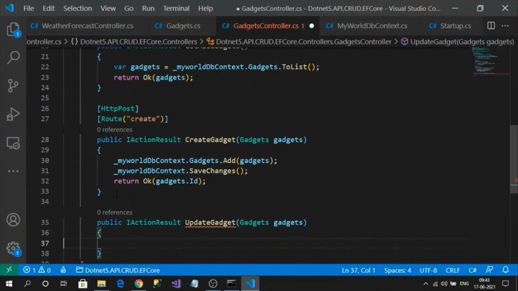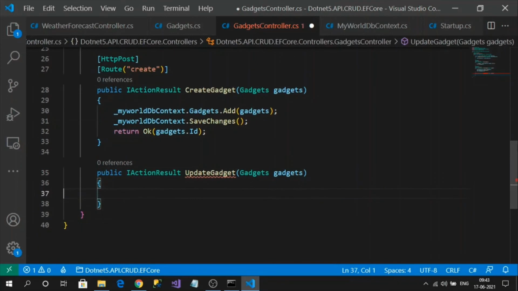The only difference between update and add is that for update there will be a record ID, which is a unique identifier, a primary key. It should have a primary key because based on that primary key our Entity Framework is going to update the data. In create the primary key is zero, meaning a new record is to be created. If the ID is greater than zero, that means the record needs to be updated.